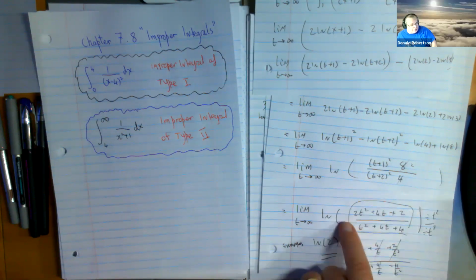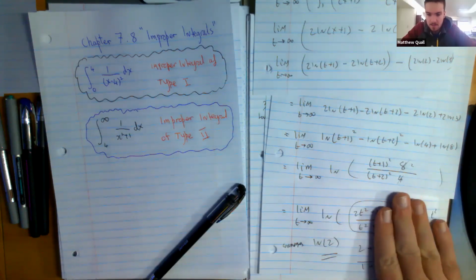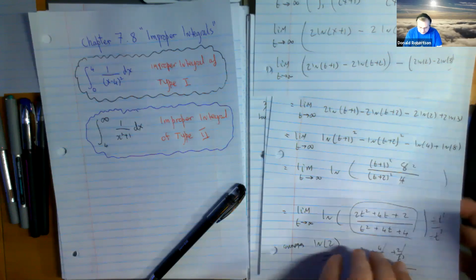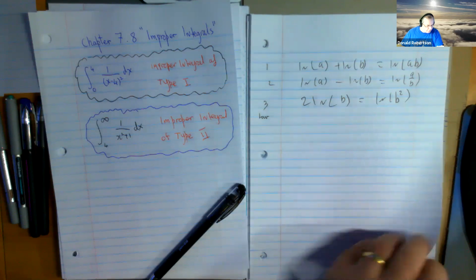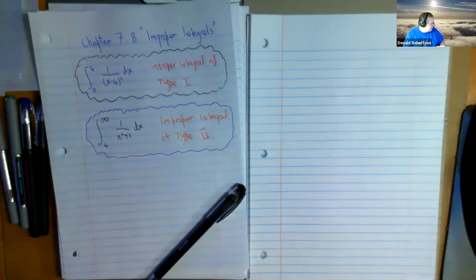You could do L'Hopital top and bottom. You could do a shortcut where if it's polynomials, can't you ignore all the terms except the leading terms? And that gets you 2 as well if you do that method. That was a big, long question, actually longer than I thought it was going to be when I originally started it. That is as far as I want to go with